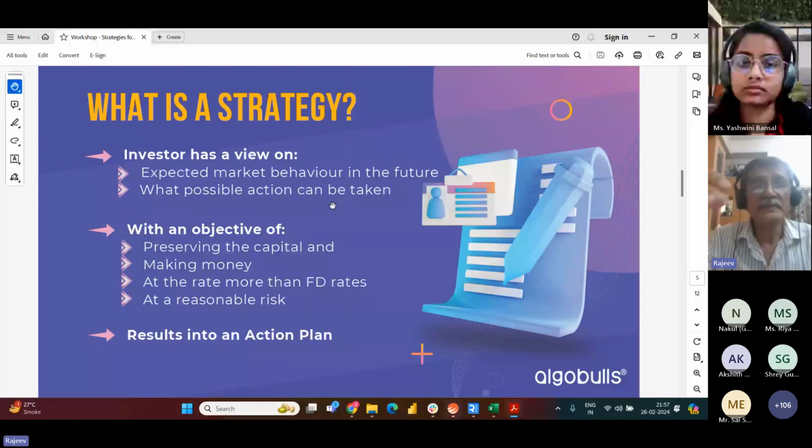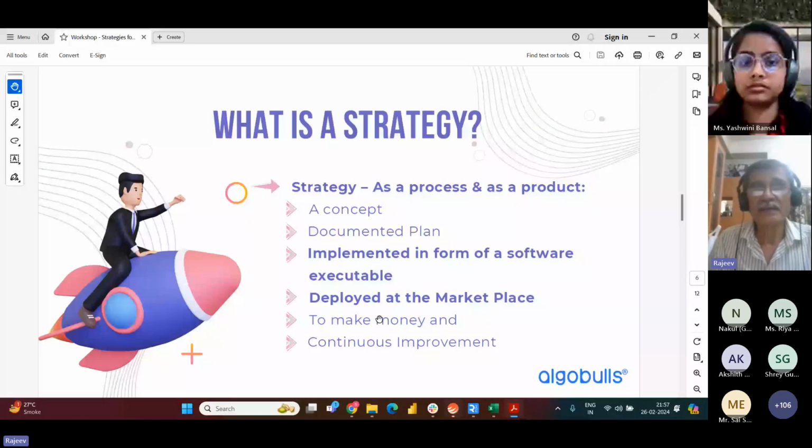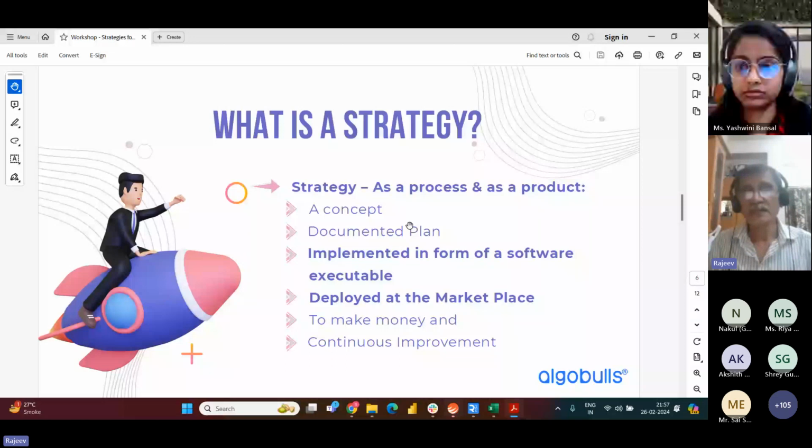So with this objective and this viewpoint that one has in their minds, you come out with an action plan, and that action plan is nothing but a schematic diagram of a strategy. So what is strategy now? We can summarize it as a process and a product also. Process of generating that concept, generating the documented plan, implementing it in a software executable form, deploying it at a